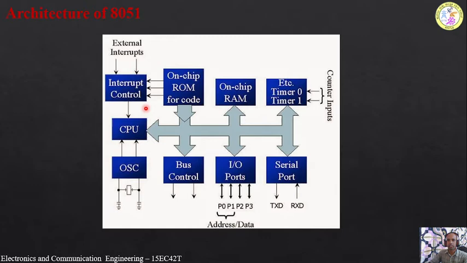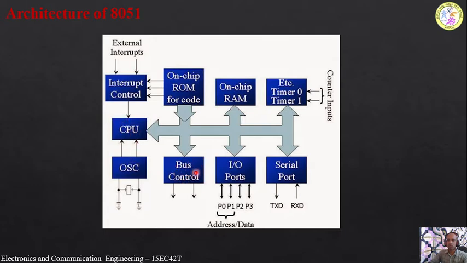And then we have interrupt control, so the actual interrupts will be given here. And this is the central processing unit. All the processing is done here. That is the CPU of the microcontroller, which is synchronized with the clock signal. That is nothing but the oscillator. To the oscillator we have connected a crystal. This crystal generates the clock signal, and all the operations of the CPU will be synchronized with the crystal oscillations. That is nothing but the timing.